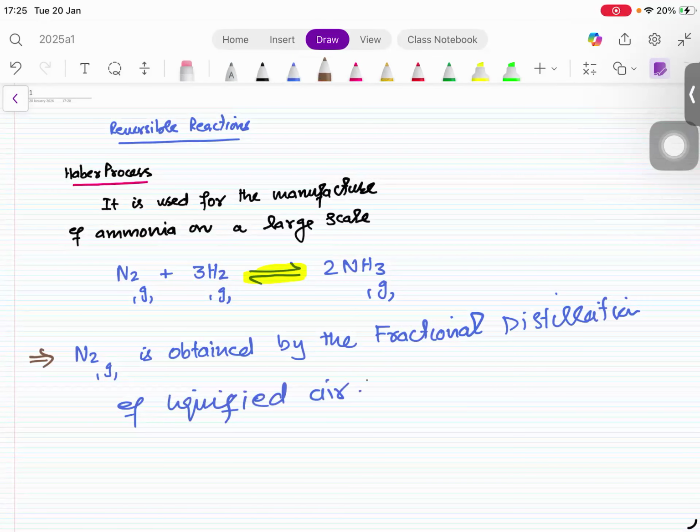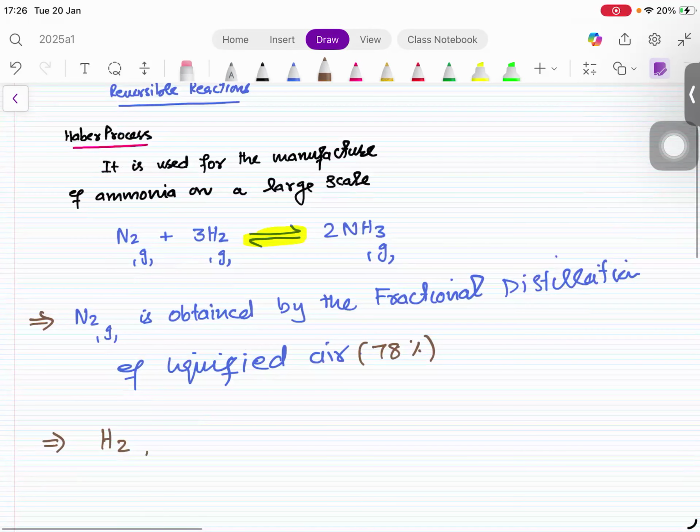Air contains 78% of nitrogen. So you have to liquefy the air and then undergo the process of fractional distillation, where the difference in the boiling points separates the things all together. So you take the air, liquefy it, undergo the fractional distillation, you get the nitrogen. Second thing is the hydrogen. Hydrogen gas, which is needed in this process, is obtained